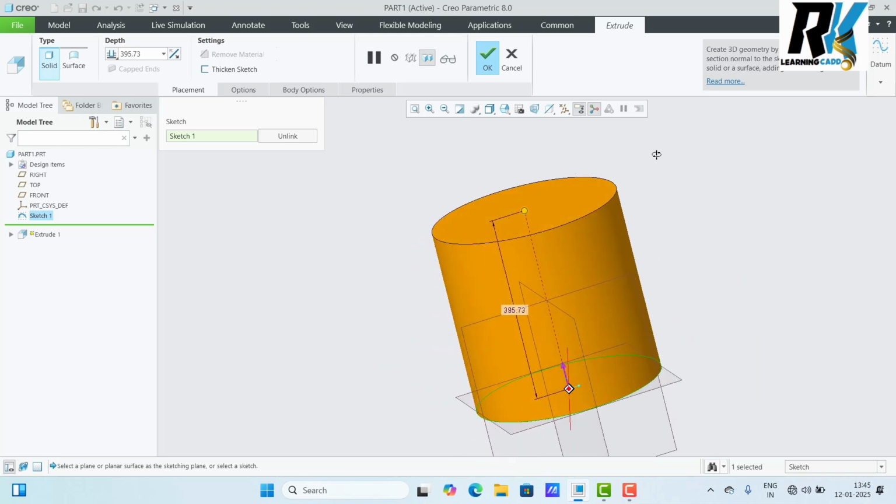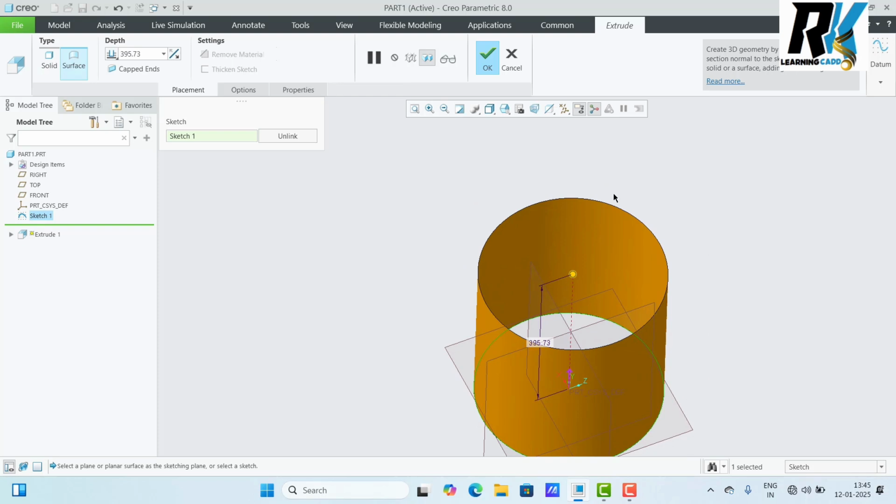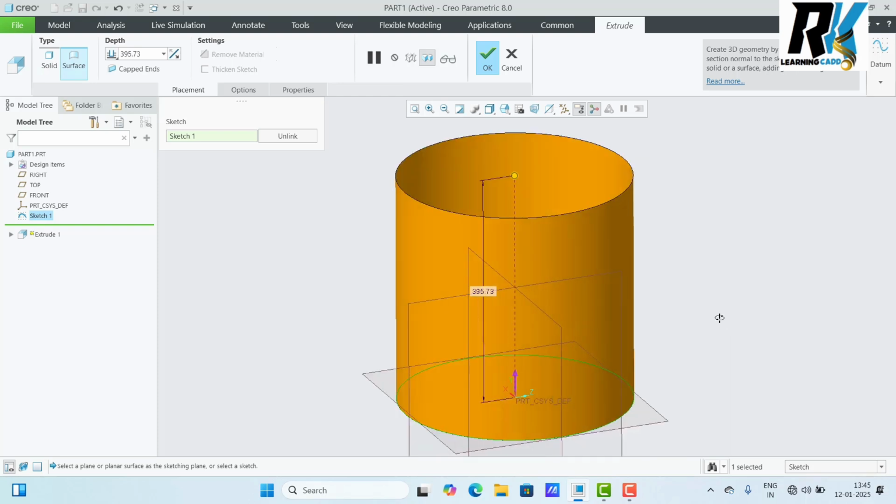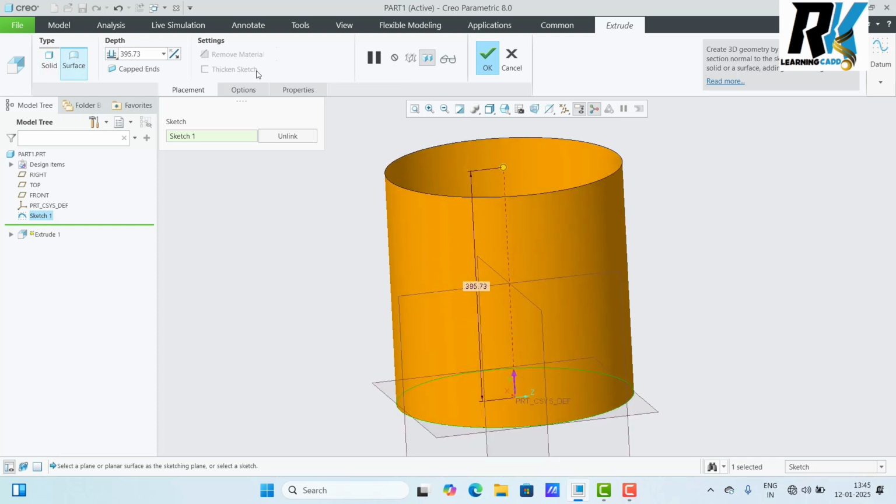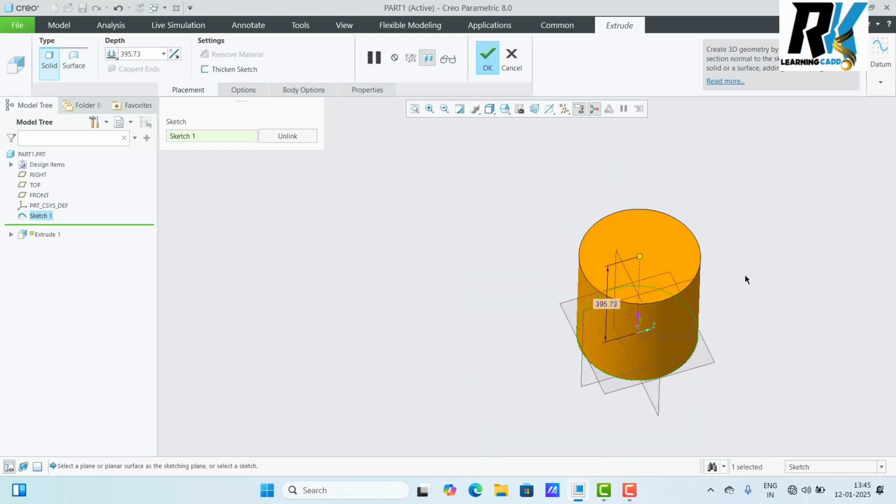And you see here type, 2 type have, solid type, surface type. Now this is the close profile, that is the automatic solid activated. But close profile have, but I want to make surface, so just you check the surface. So surface means friends thickness no coming. Okay. So first we understood solid and all option working same. Okay, surface modeling and solid modeling, that is not difference. Only difference, that is the close profile automatic solid activated. If open profile, that is the surface coming. Okay. So here solid selected.